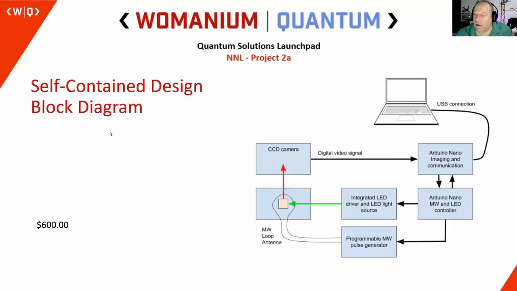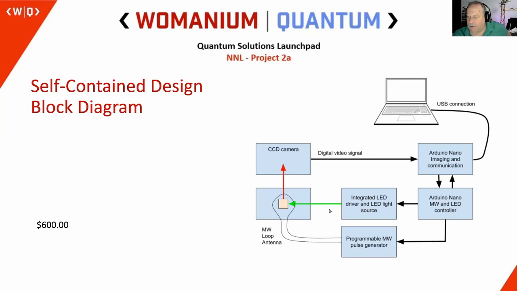Let's see. So here's a block diagram of the design. Again, you have a host PC, a USB connected connection to an Arduino. There was a second Arduino Nano. These are identical microcontrollers. Decided to use a separate one to control the timing of the LED pulse and the microwave circuitry,